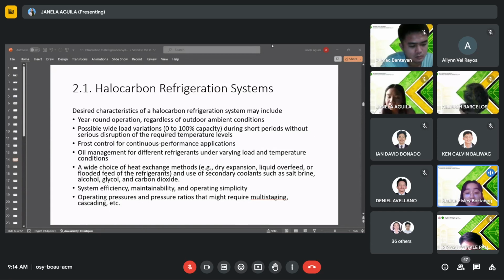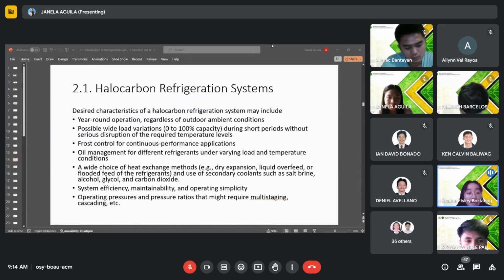The next one is that efficiency, maintainability, and operating simplicity are fundamental principles within halocarbon refrigeration systems. So these systems are engineered to deliver optimal performance while minimizing energy consumption and operational cost, hence maximizing productivity and